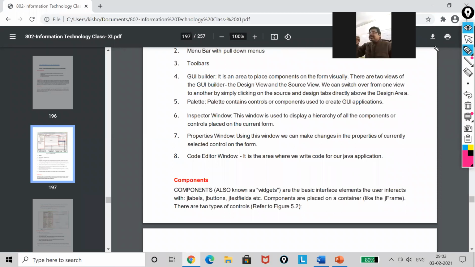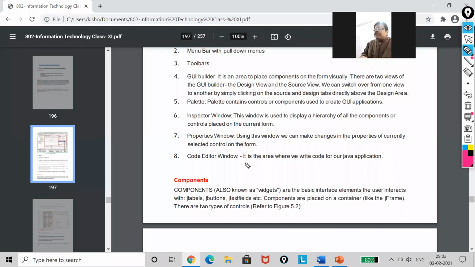I can make my font italic, bold, and I can change the background. So all these will be my properties, and you can set all these properties with the help of the properties window. When I discuss the program and where I will use the coding, I will discuss all these topics again, my dear.